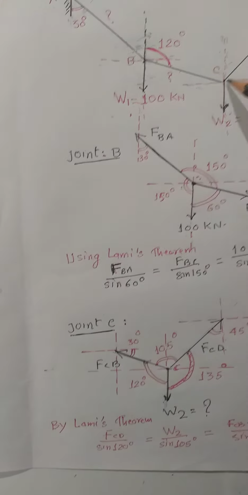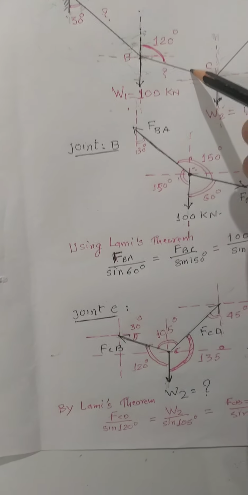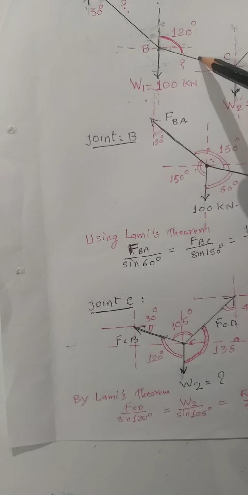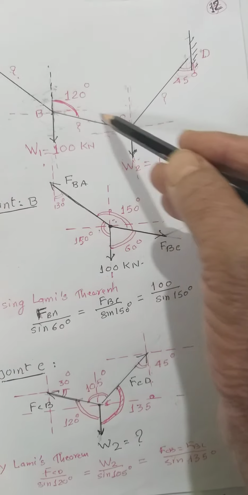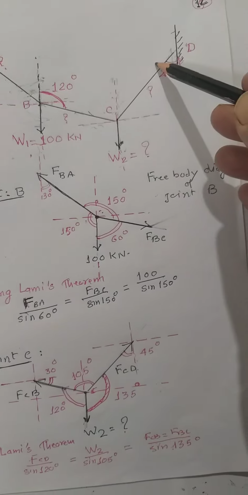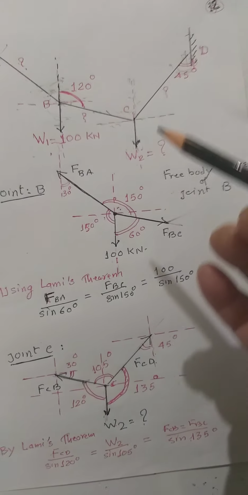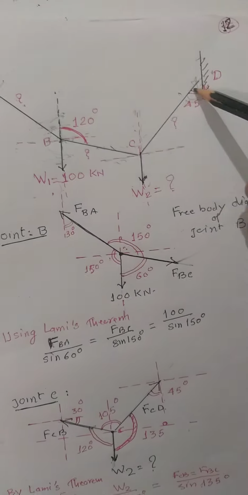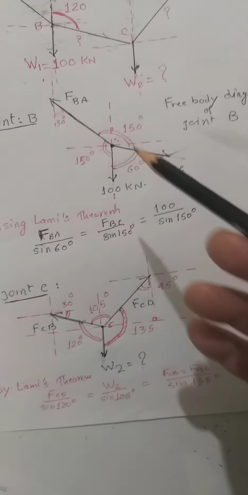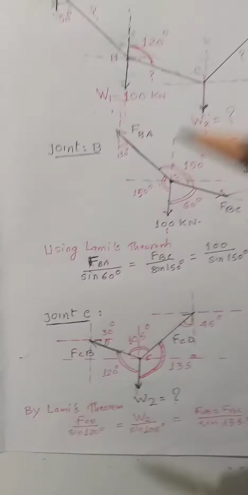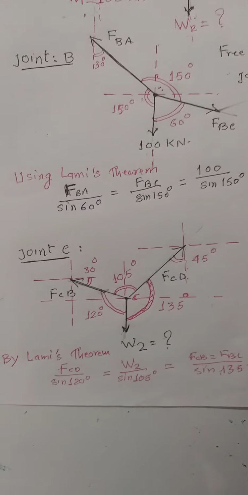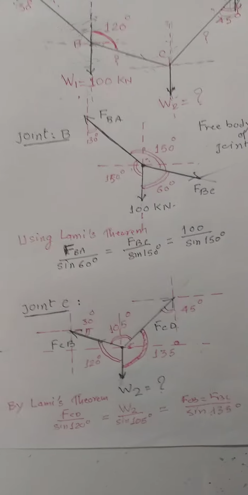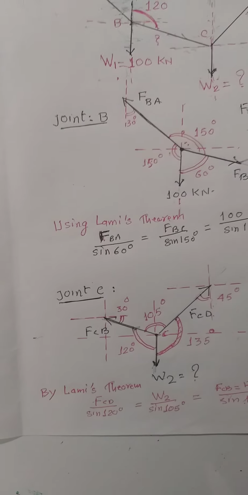When we consider joint B, we can find out the forces in these two members. Now, when we know the forces in these two members, consider joint C. You know this force, you know this force, and the only unknown force is this. So you can find out the unknown force over here. Now we'll go one after another, but first of all you should try. If you couldn't understand, then you will go through this and we'll try to calculate. After this, we will have some more difficult problems in our next lecture.